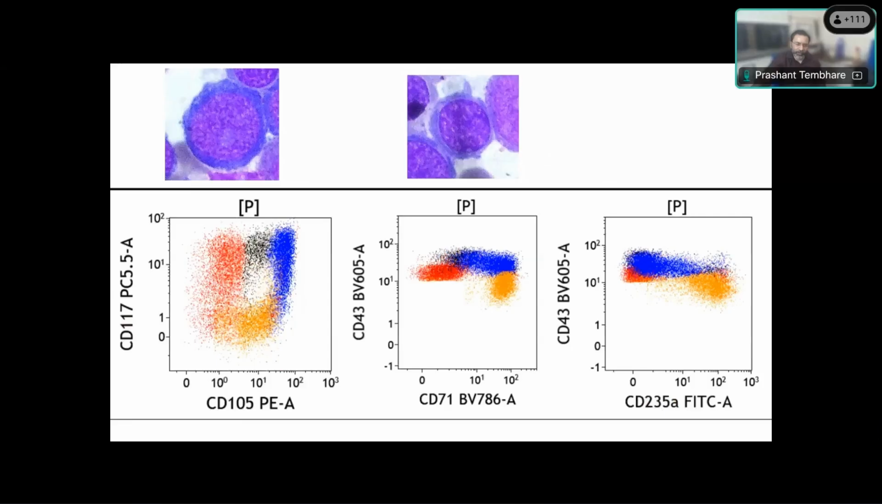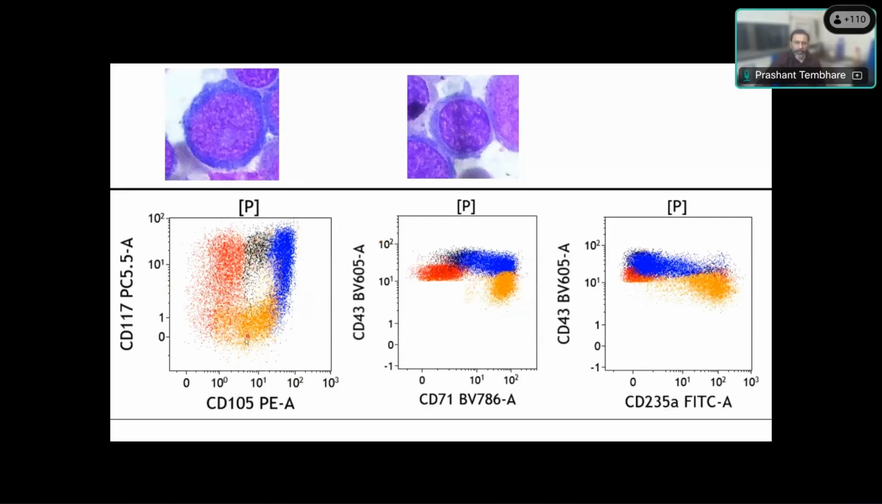You can see there is loss of CD117. There is still expression of CD105, which is weak, but still it is there. There is some loss of CD43, so it is the intermediate, and a strong expression of CD235A. So using the combination of these, we can differentiate the earliest precursor, the typical precursor, and the late pronormoblast. These colors identify the different parts of the pronormoblast